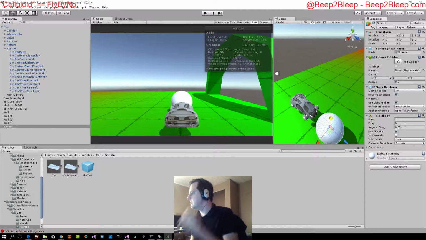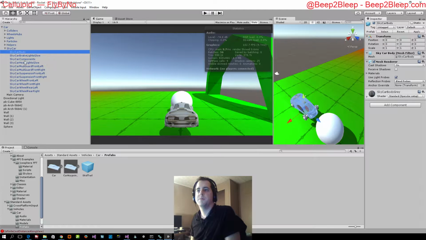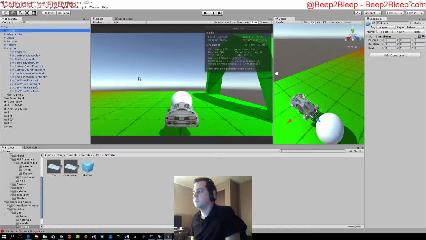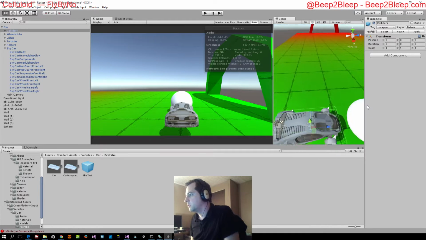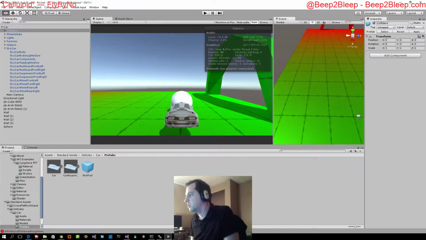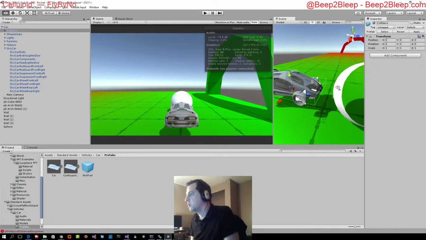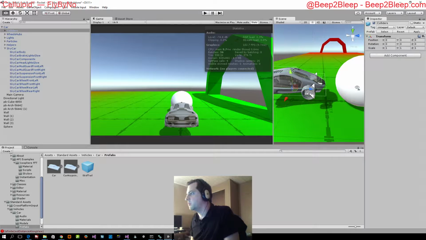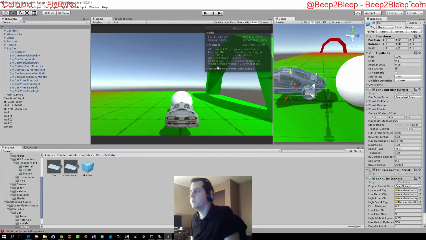Now, let's see. One thing I need to do is change the collider on my car to be more... I'm guessing it's actually... Well, let's just see. Components, headlights... So the car itself is just a transform... Oh no, here are the colliders. Okay, so those aren't actually too bad. Let's go ahead and